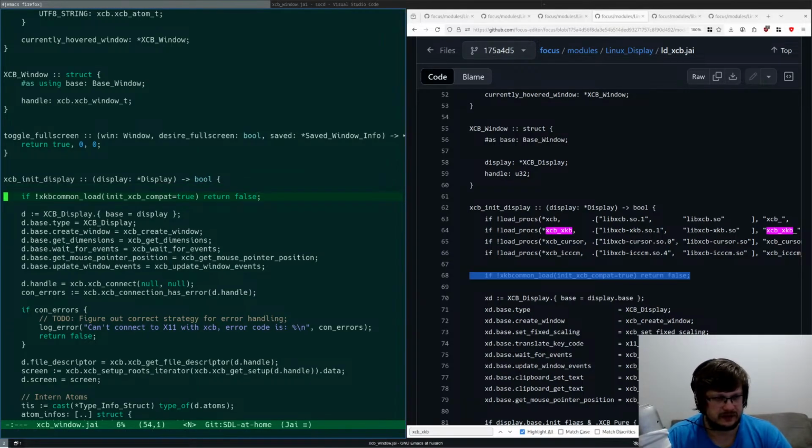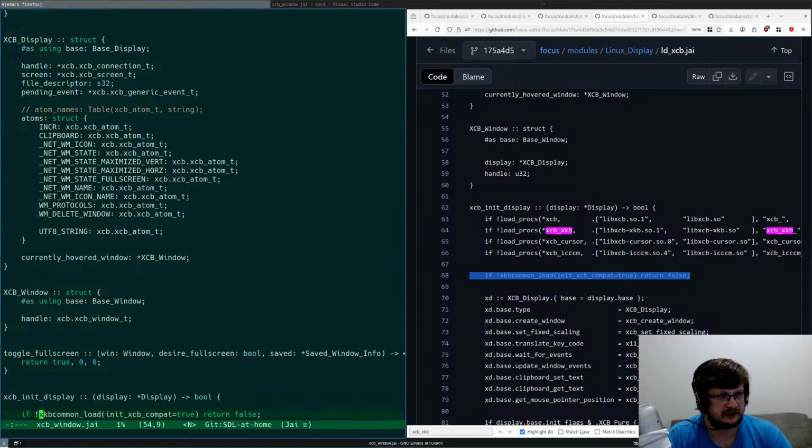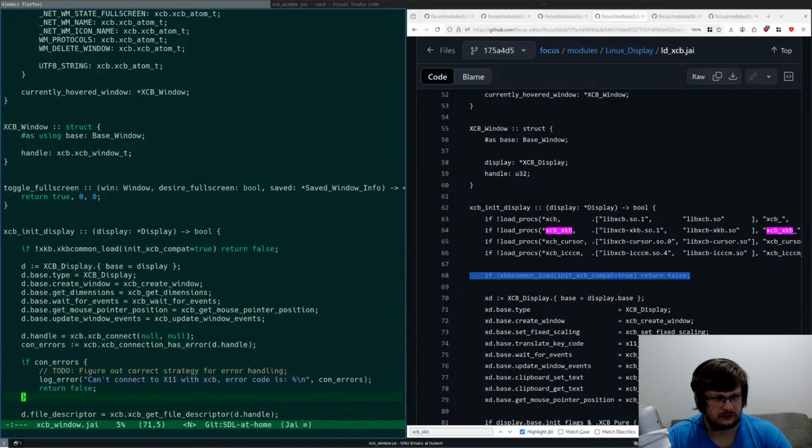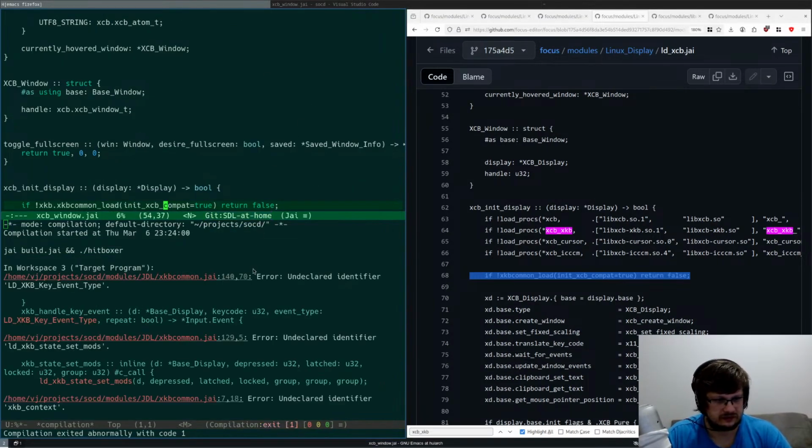If not, xkb common load. I namespaced it, right? Yeah. Init xkb compat equals true, return false. Now this should be just